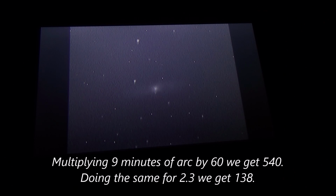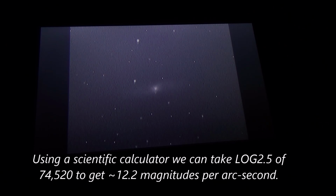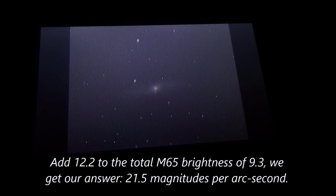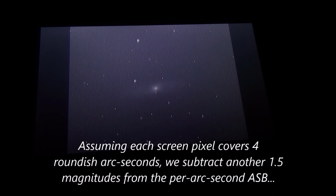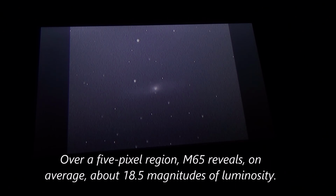It, of course, at magnitude 9.3, was bright enough to be detected by Charles Messier to enter into his catalog, and is otherwise known as entry number 65. And despite the moon, we are seeing some really extended views of its spiral arms going off both sides of the screen. I'd say at least as far as maybe 7 arc-minutes across the field. Not bad for a 9 arc-minute sized galaxy, at least in regards to its optical wavelengths of light. So we are looking at Messier 65, and I will go ahead and allow that to continue to develop